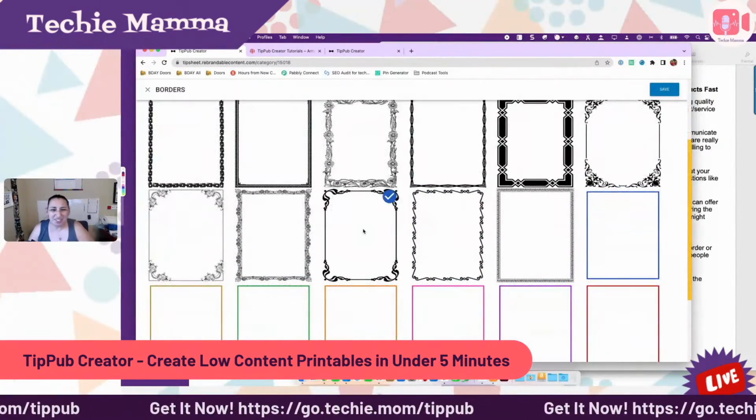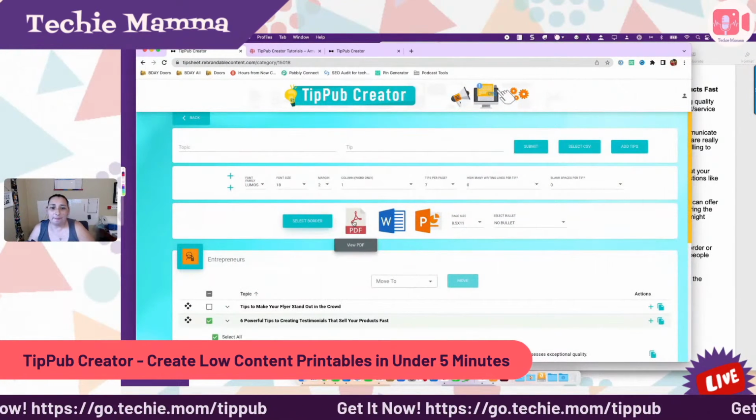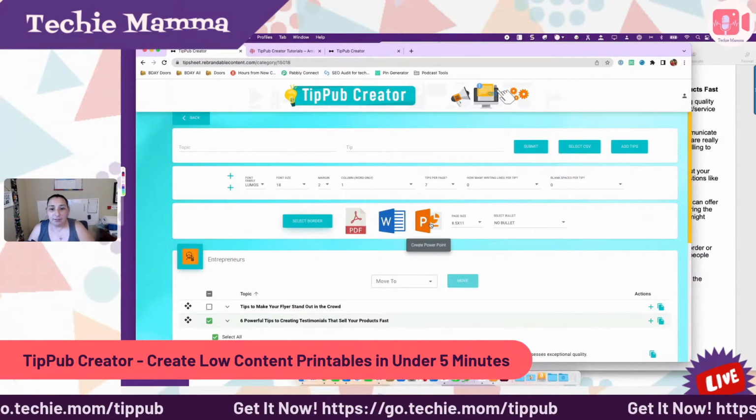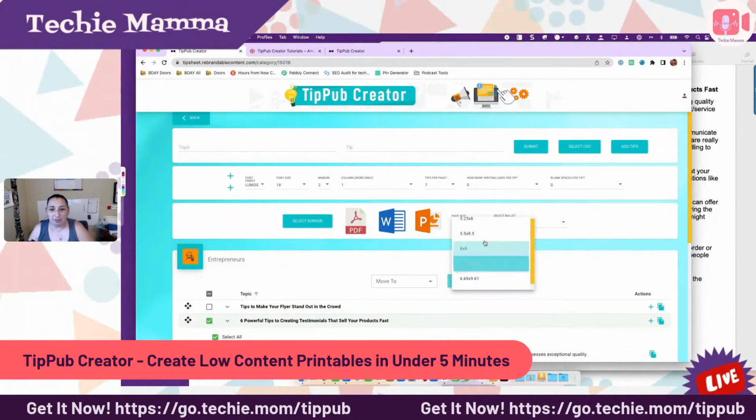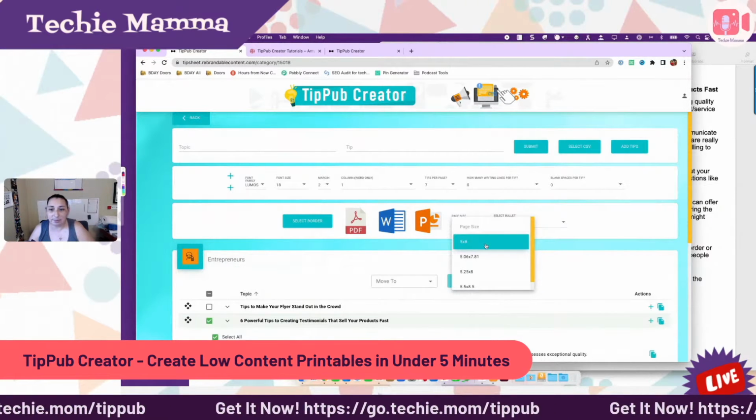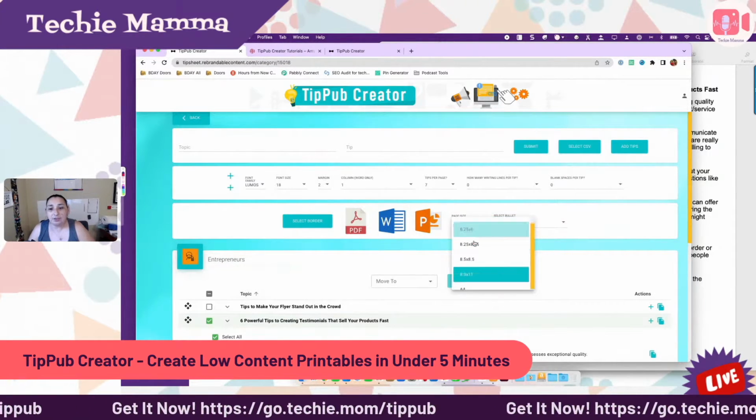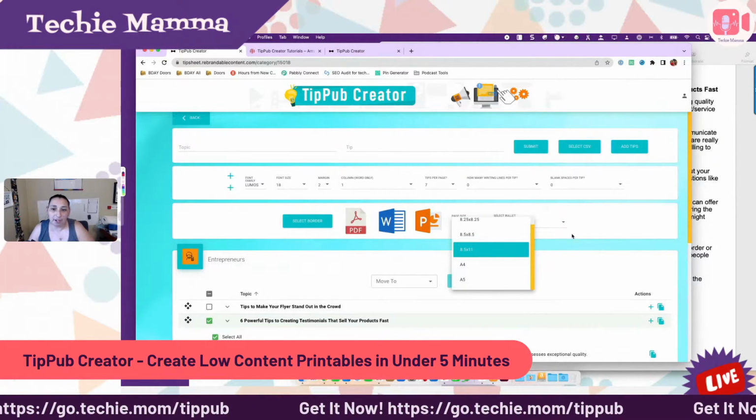That's kind of cool. It just adds something new to it, something different. And then you have 3 different export options. And right before we do that, we have lots of different page sizes. So you can go in and create a small little booklet, up to a full 8.5 by 11. There's also A4 and A5